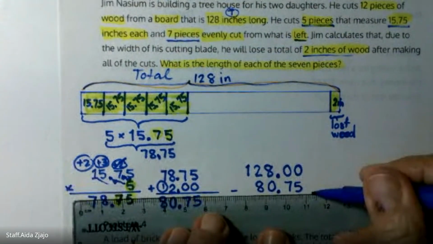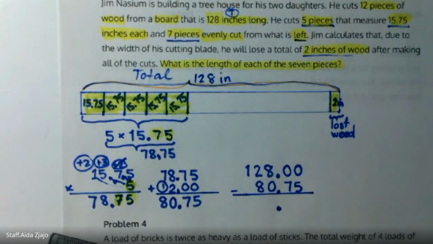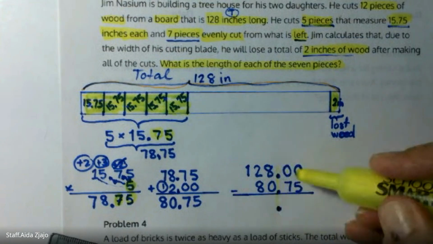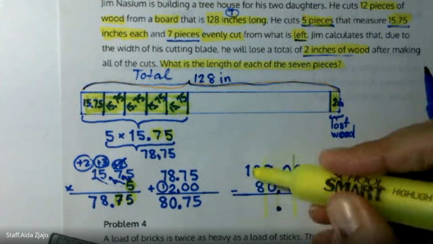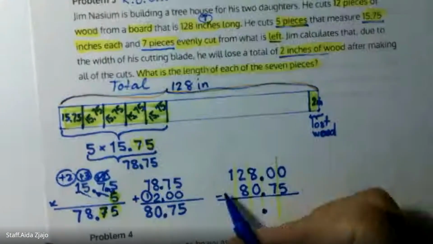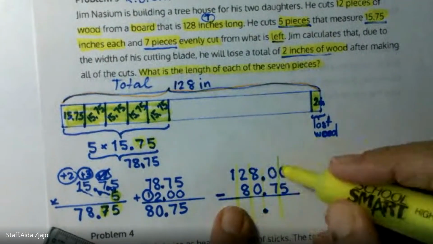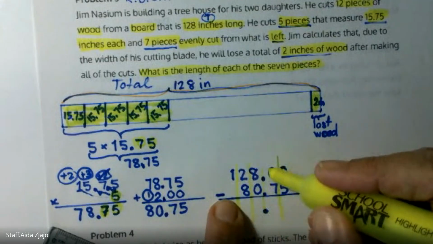So underline, put decimal first. That's decimal is aligned. I can also do this and say, let's subtract. When you subtract, you have the total, which is 128,